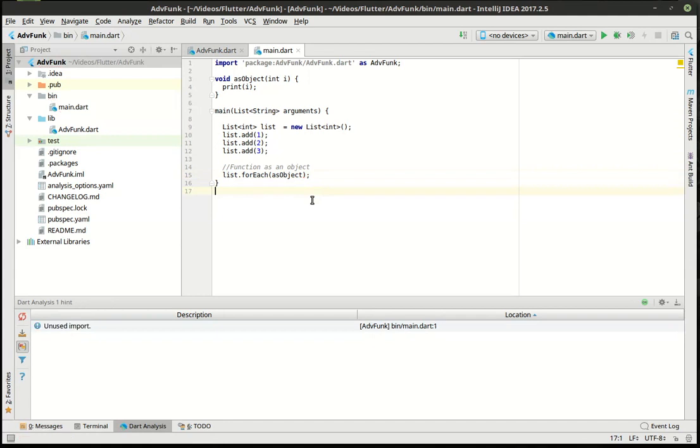Finish this off with our semicolon here. And let's actually, because we're going to make a bunch of these,